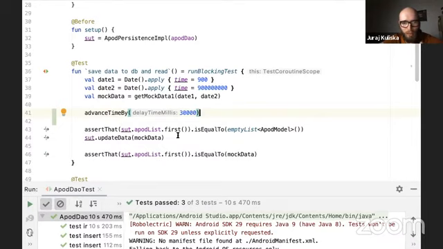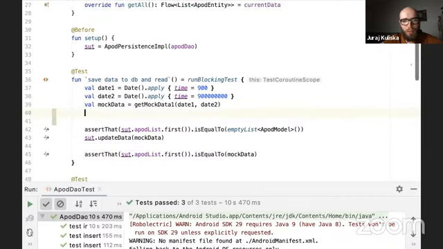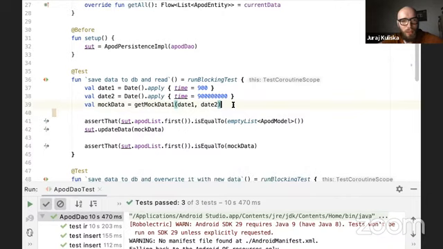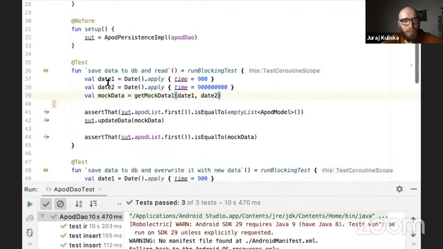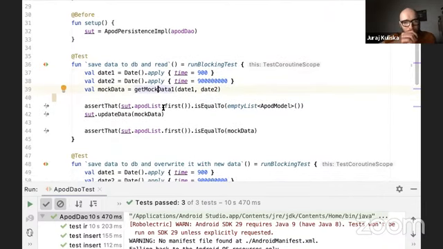So still the test will run in just a couple tens of milliseconds or even milliseconds, but it will kind of simulate the time passing by 30 seconds. So that's just an example of why run blocking test might be useful. And to get back to this particular case of saving data to database and reading, we'll create some mock dates, create some mock data once again, and then